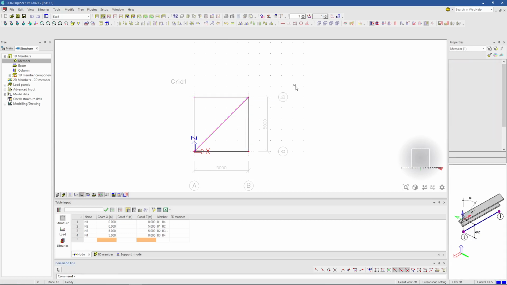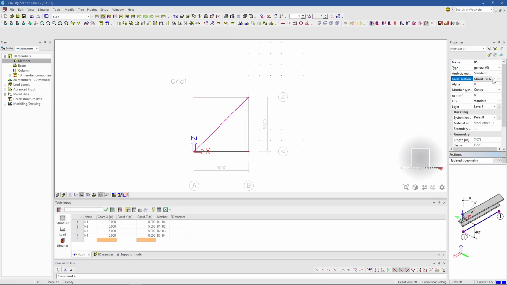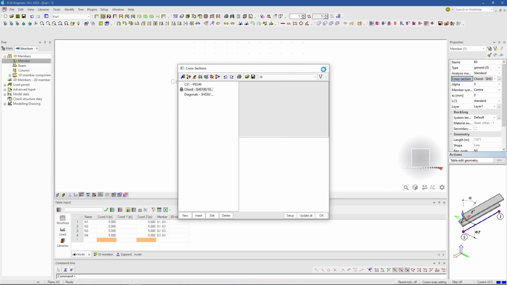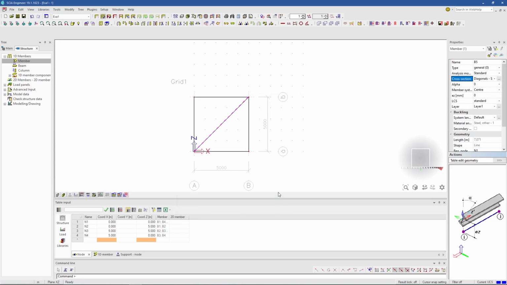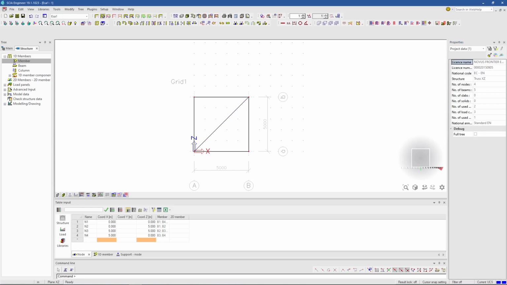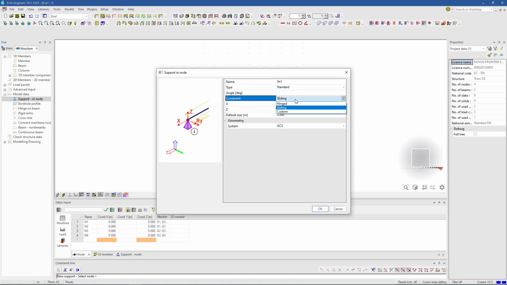We'll select this. I'll change it to a diagonal. Go ahead, add supports. First of all, add our hinge support. A hinge support